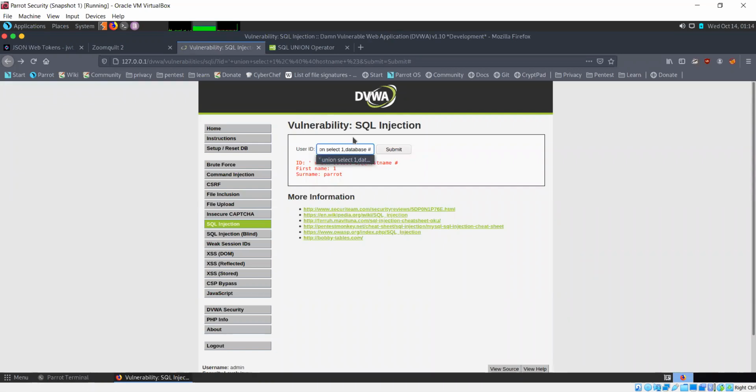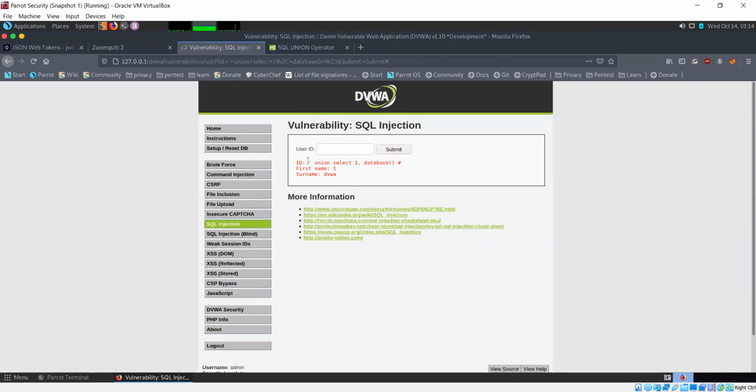I need to use database with parentheses. And now we have the answer. The name of the database is simply DVWA in our case. So we have retrieved that through SQL injection as well.